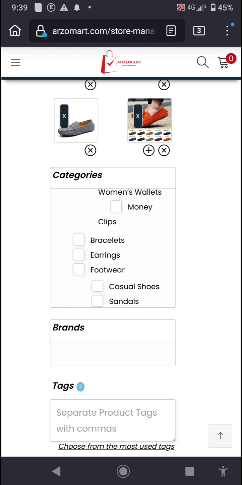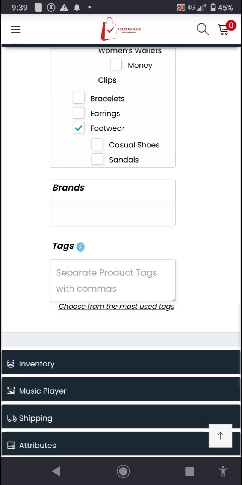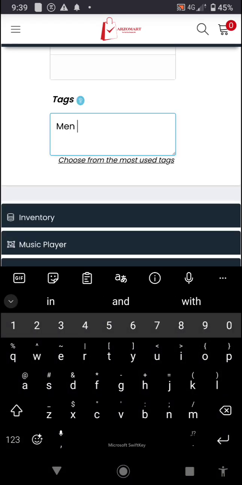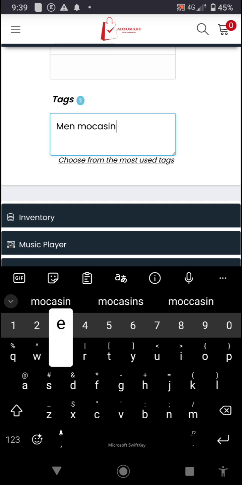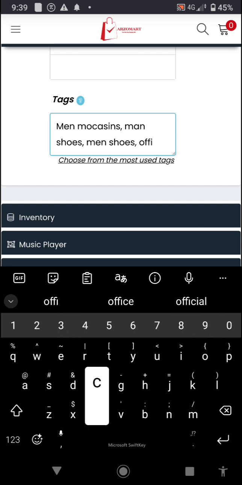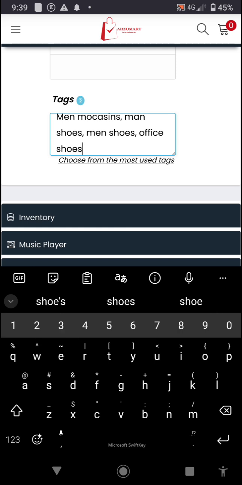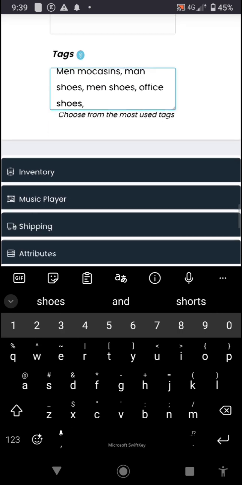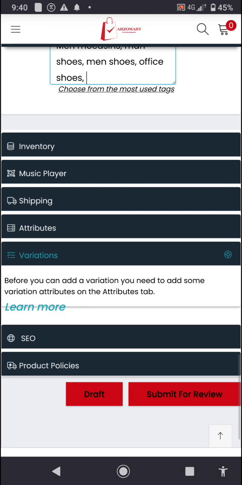So here we have selected celebrity wear, footwear and all that, and then we go to tags. I told you in the previous video that tags are SEO keywords, like the words that can help your product to show up when they search for it. For example, on Google, on the site, when people search. So those are the kind of keywords that can bring your product in the search results. So you make sure you separate the tags with commas. So after putting the tags,